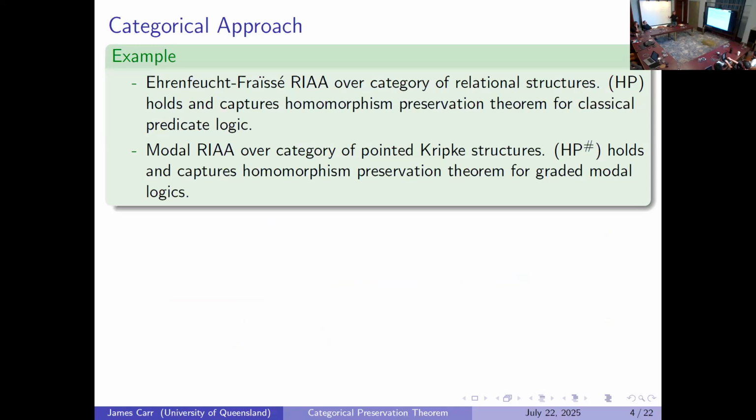So we take a standard relational model, and then we think about homomorphisms between those, so functions that preserve atomic formulas. And in that case, what this HP actually means when you spell it out is it captures the homomorphism preservation theorem. So this is the HPP, which is that phi is preserved under homomorphisms